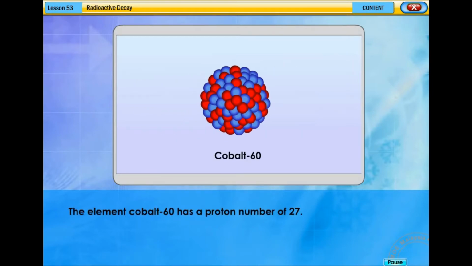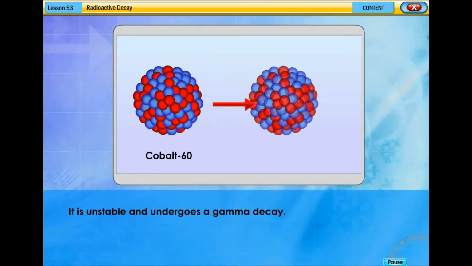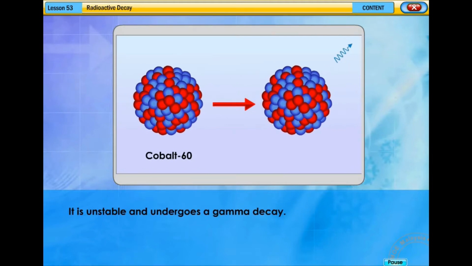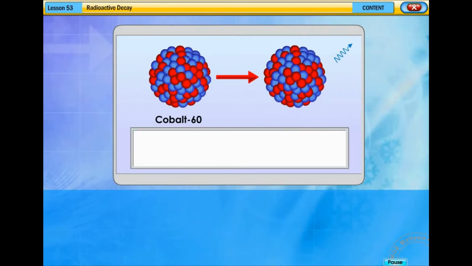The element Cobalt-60 has a proton number of 27. It is unstable and undergoes a gamma decay. Write the equation for radioactive decay for Cobalt-60. The equation for the radioactive decay can be written as